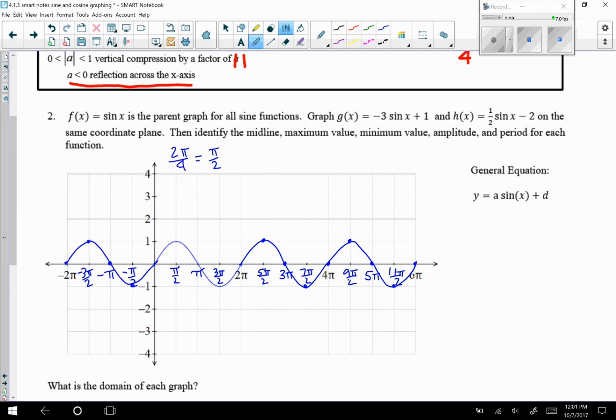So this is my parent graph for the sine of x, and recall that a is your amplitude. So in this case, y is equal to 1 times the sine of x plus 0. So my amplitude is the absolute value of 1, which is just 1, and my midline is at 0. The period is 2 pi, and my key points, 2 pi divided by 4 is pi over 2. Now that I have this, I can see in my graph that I have 1, 2, 3, 4 wavelengths shown,